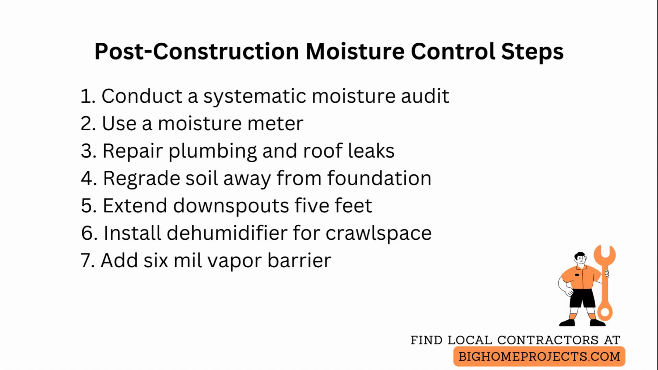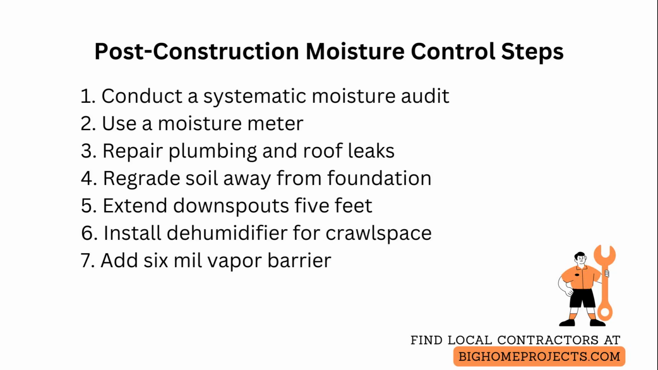For crawl spaces, reduce humidity by installing a properly sized dehumidifier set to maintain relative humidity below 50% and add a 6 mil vapor barrier across exposed soil seams taped and sealed around piers and perimeter walls. Improve ventilation by ensuring vents are unobstructed and balanced. And when vents are not practical, consider mechanical ventilation combined with encapsulation to keep the space dry and stable before